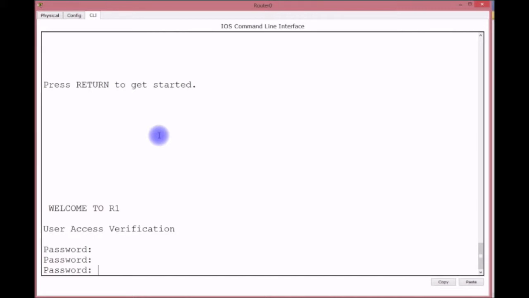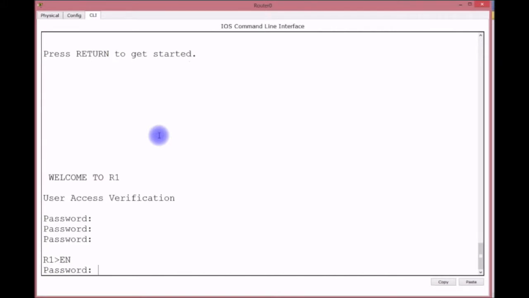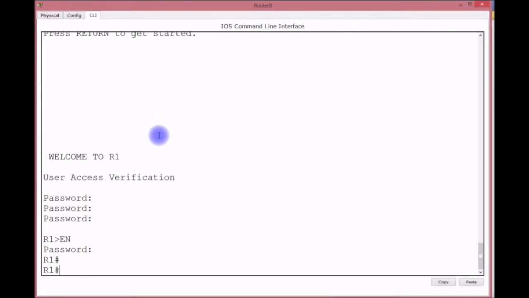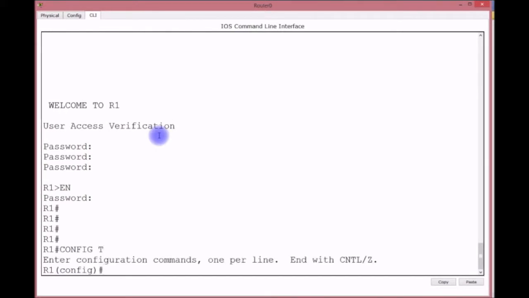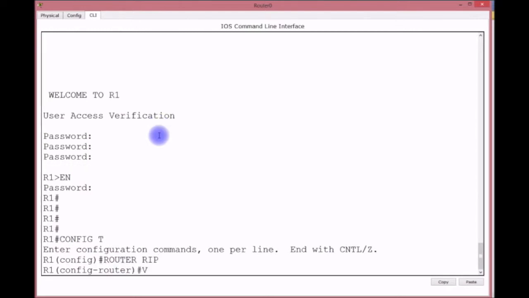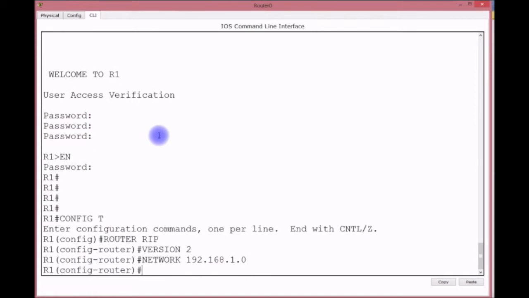So here the password would be, I think it's Cisco, right? Cisco. Yes, it is. Enable. Then it is student. There we go. Config T. So we're going to run RIP. Very easy. Router RIP version 2, network 192.168.1.0, enter, network